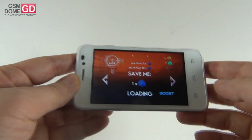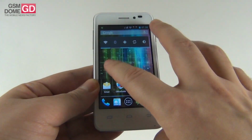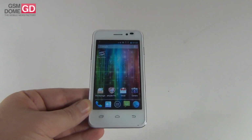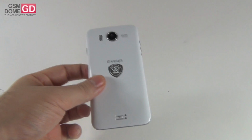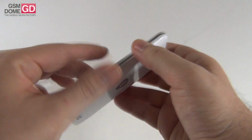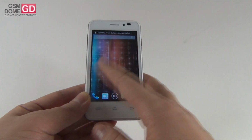Okay, so you get the idea, and you saw that this handset is able to run games. The game was called Fast Outlaw, as far as I know. Now, as far as the pros and cons are concerned, the first pro that comes to mind is obviously the low price, which is below $200 for this handset. Also, the good performance. You saw that the benchmarks were actually pretty good for such a device, considering it has